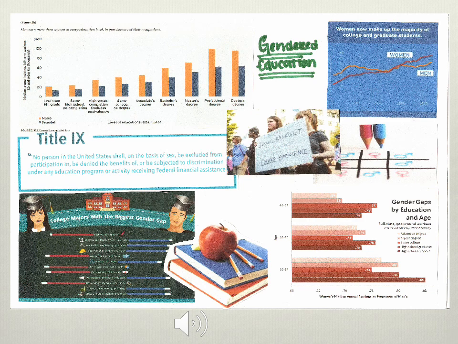Just a quick run through of three different examples of visuals. So here, what we're looking at is the theme of gendered education and how the student went about discussing the theme relates specifically to higher education. And we look at how education is gendered with respect to who goes to college, men and women, and how that's evolved over time. Kind of different gaps in terms of who has college degrees, advanced college degrees, issues of